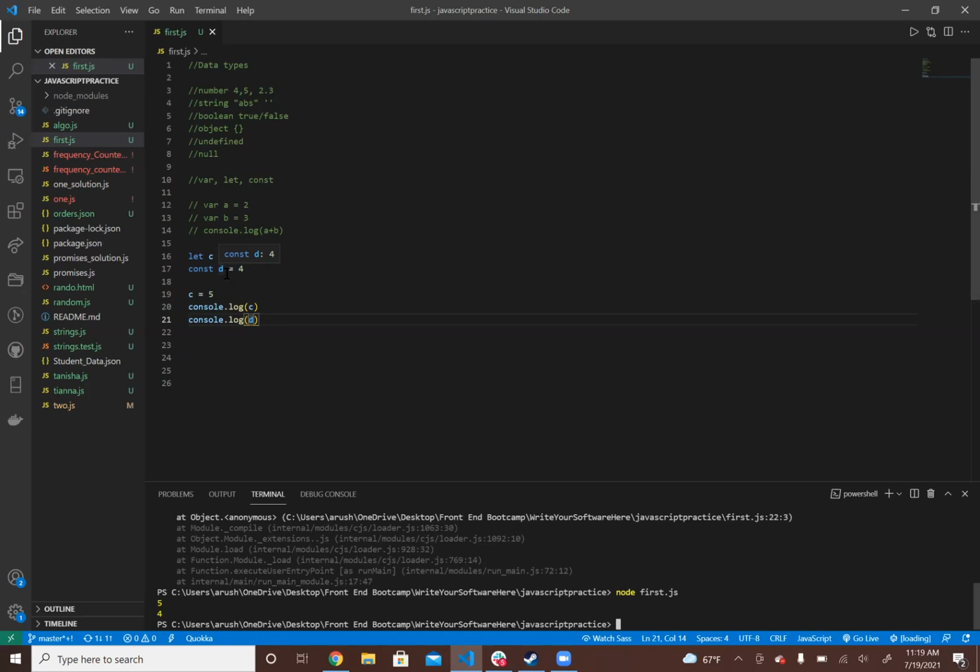Any guesses as to why it's even a good idea to have something like this when you're programming? When you don't want to change a value. Yeah. So some cases where you wouldn't want to change a value would be something like an object. We're going to go over objects, so don't worry if you don't understand what they are right now. But for people who already know what an object is, it would be good because